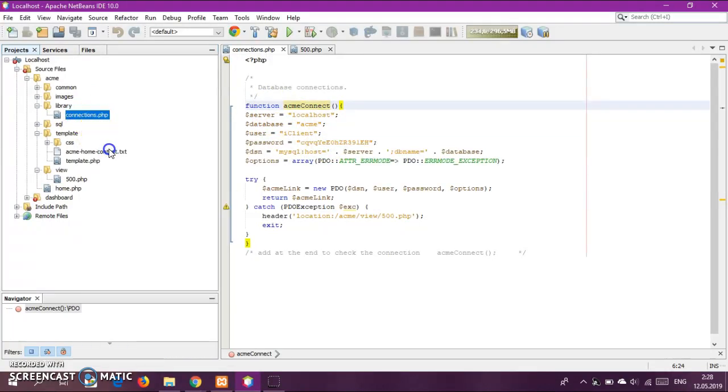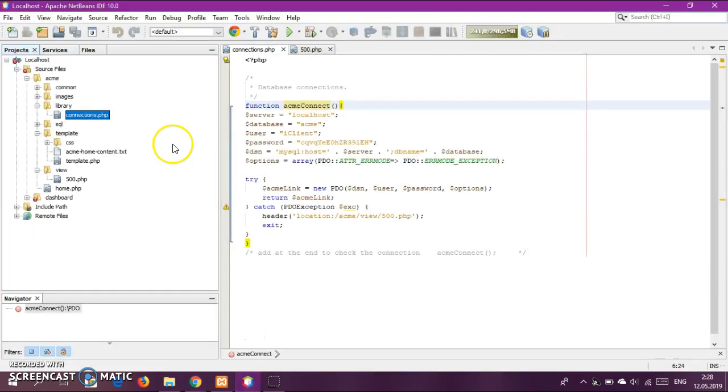it should work. Loading. So we have a blank page, so that means that connection works. Now we will come back. Also I created a